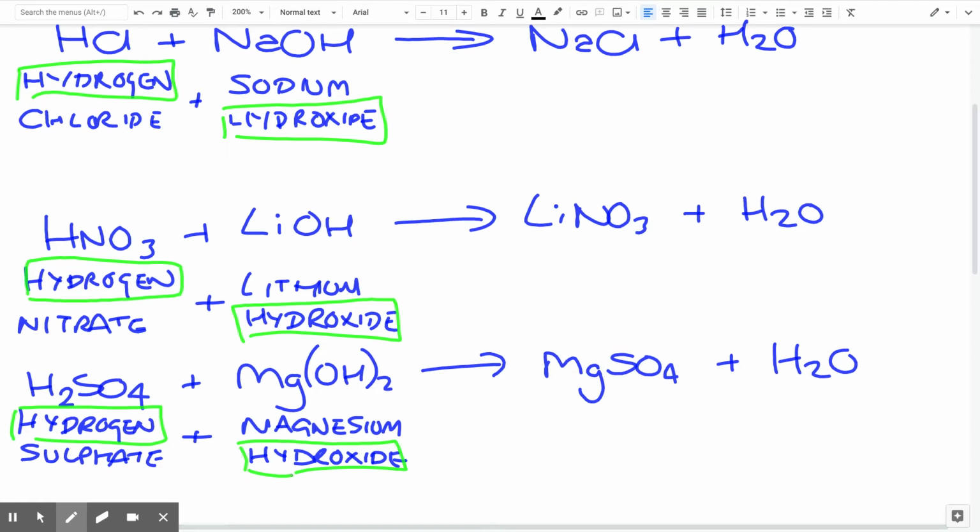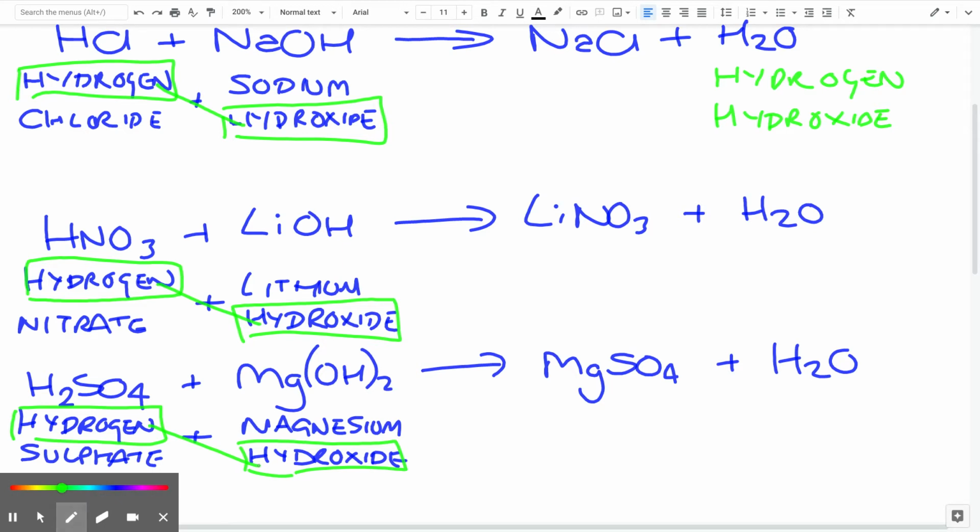And if we look at the equations that we have, we know that one of the products that we form is hydrogen hydroxide. And it's fairly obvious then what has occurred here. We've had hydrogen hydroxide formed. Now, hydrogen hydroxide is the fancy name for water. And the hydrogen hydroxide has formed in a reaction between those two parts of the acid and alkali. This has then left us with a byproduct,